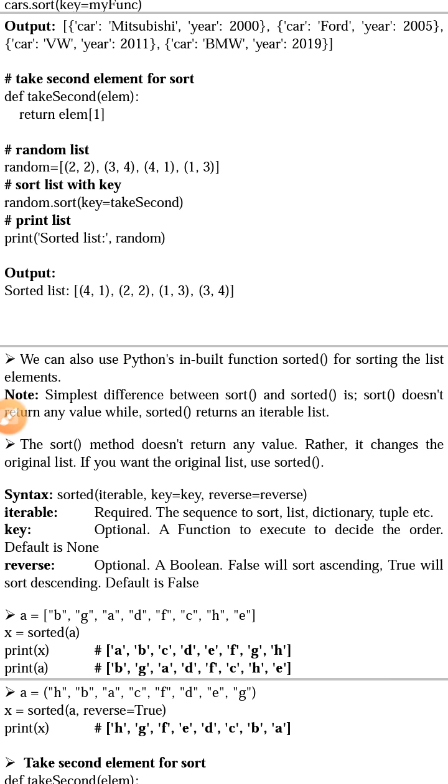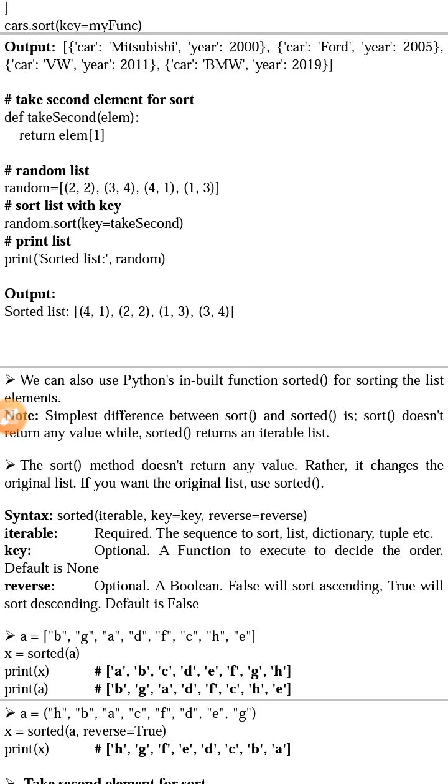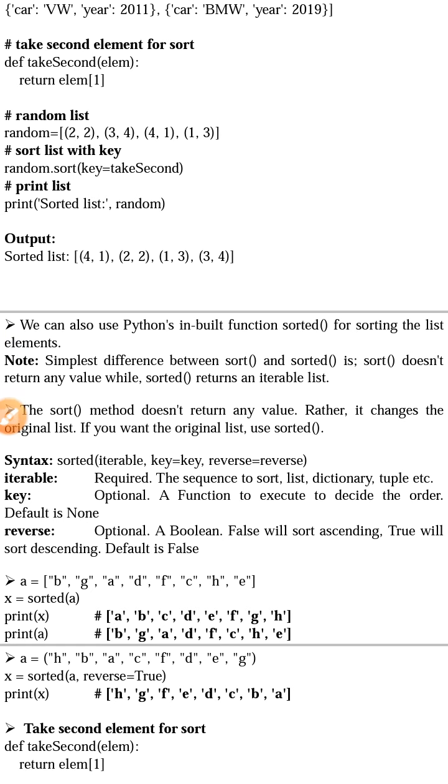As the elements are passed to our function take_second, it sorts elements based on the second value of each element. As per our example, the first element's second value is 2, the second element's second value is 4, the third element's second value is 1, and similarly the last element's second value is 3. As we are not calling reverse equal to True, we expect to sort all the elements in ascending order.